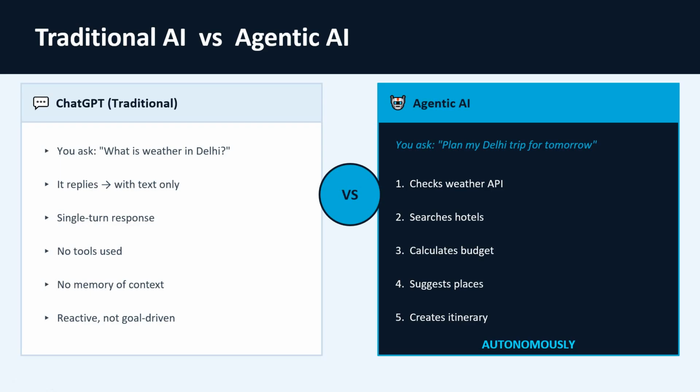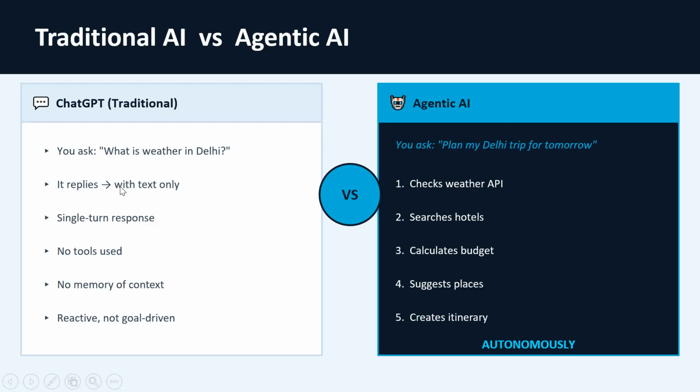It may have a kind of proper tool. They may have a proper tool. That tool may be called by the specific agent. So they are kind of executing autonomously, right? And if you're going simple with the weather, it replies with weather only: single turn response, no tool use, no memory of context, reactive, not goal driven. Agentic AI always has a specific goal, and it is goal driven, where